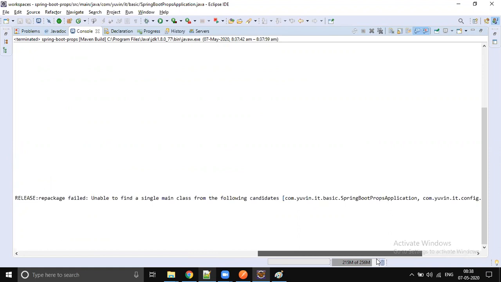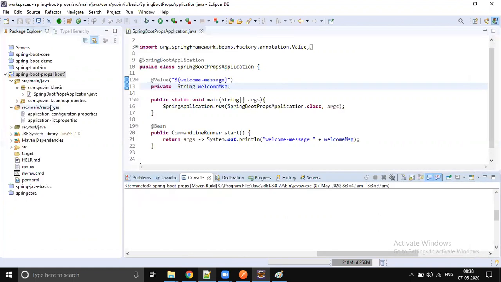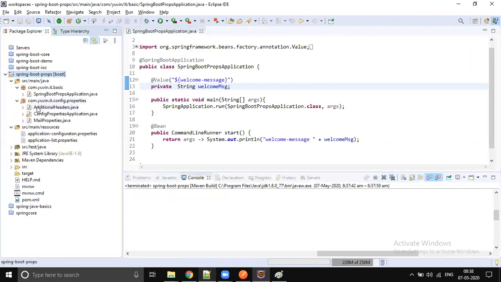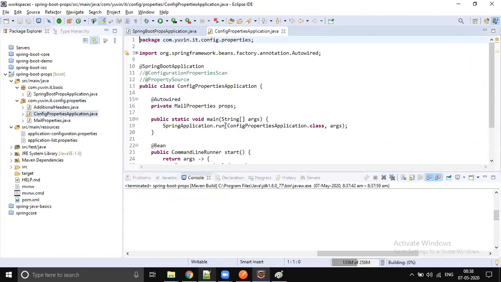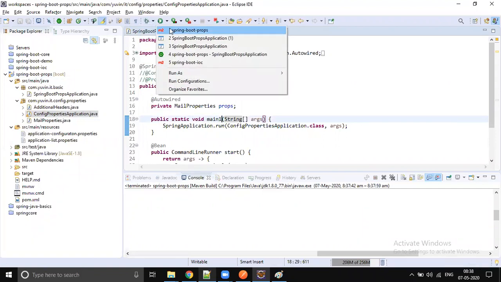Unable to find single main class. There are two main classes present, which is a problem. So let me rename it as main one. Let's build it again.